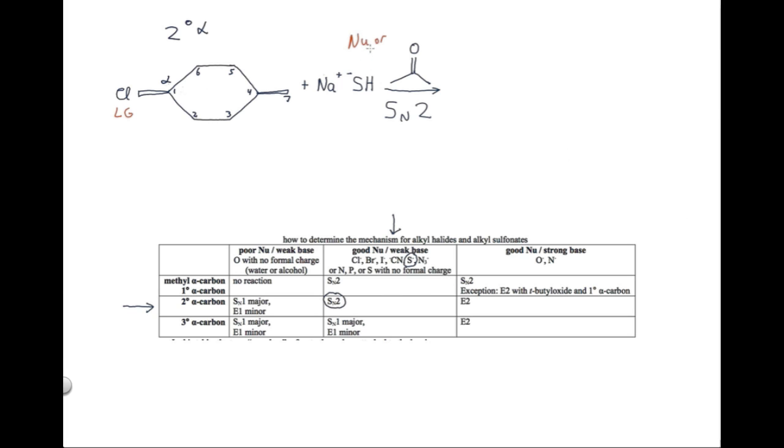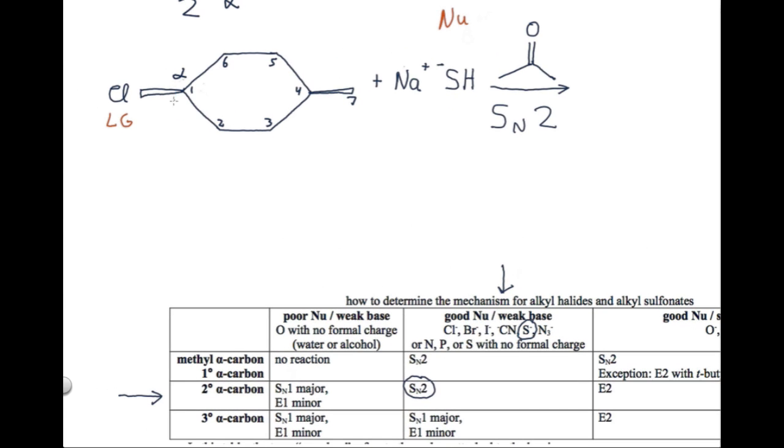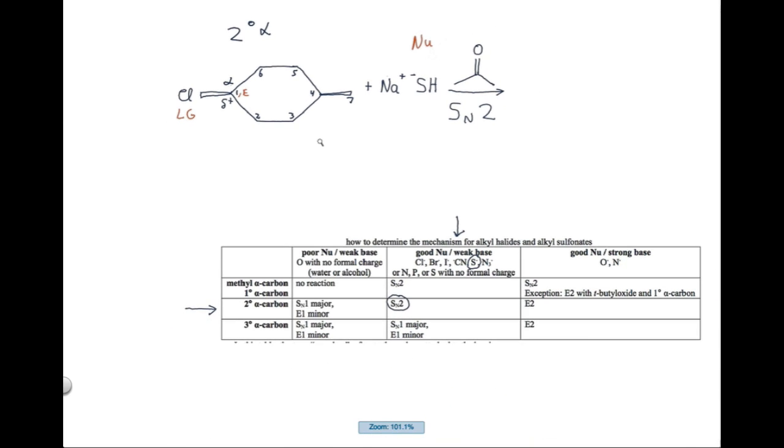Well, now we've decided that we're doing an SN2 reaction. And remember that for an SN2 reaction, we use a nucleophile, not a base. So now we're expecting the S- to act like a nucleophile, not a base, and we can draw our mechanism. I guess I'll say here that carbon 1, since it's attached to the chlorine, has a delta positive charge, and that's the clue that carbon 1 is a reasonable electrophile. So now I've labeled all the roles that are going to participate in that